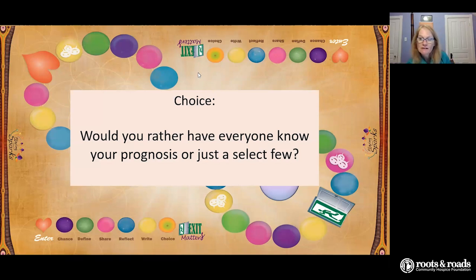Anyone have a preference? Some people put it on Facebook. I don't know if anybody's putting their hand up, so we'll just assume. I don't have a Facebook account, and I hope I never do. But